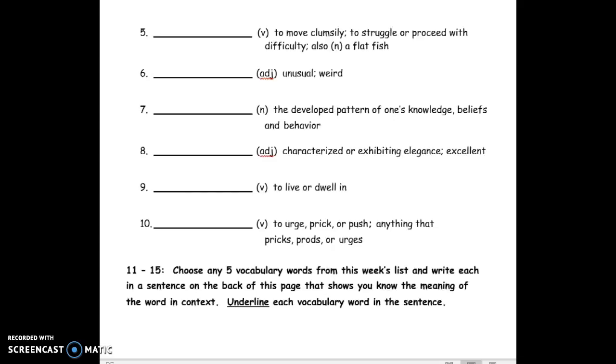For numbers 11 to 15, you need to choose any 5 of your vocabulary words from this week's list. Write each of them in a sentence on the back of the paper. That sentence needs to show that you know the meaning of the word in context. It does not mean that you write the definition of the word. It's not